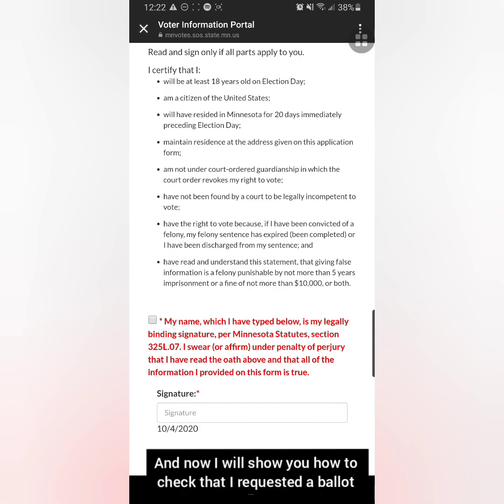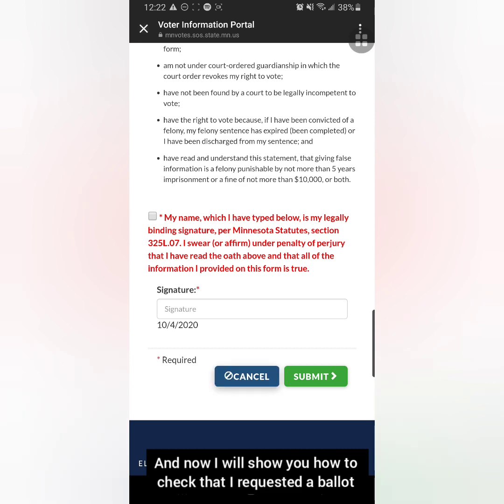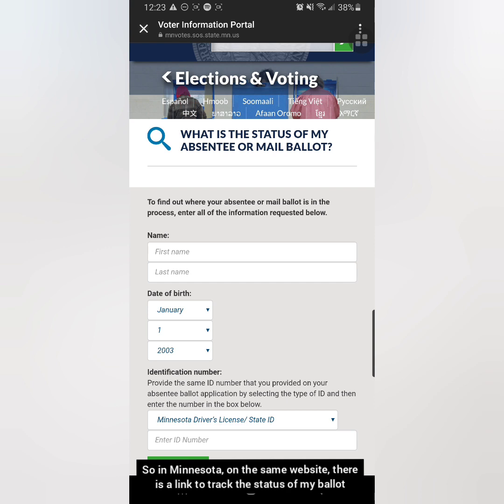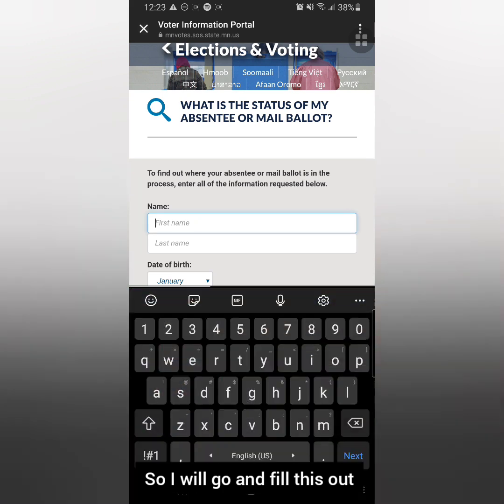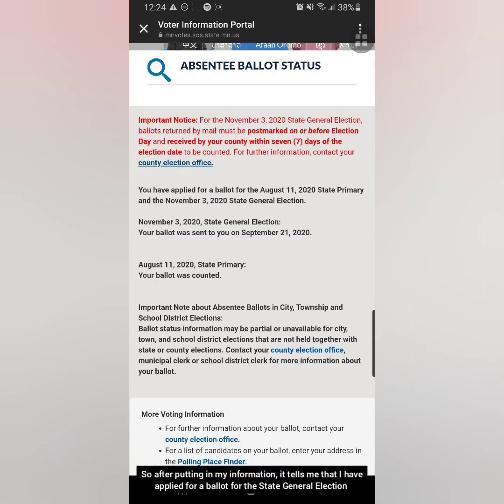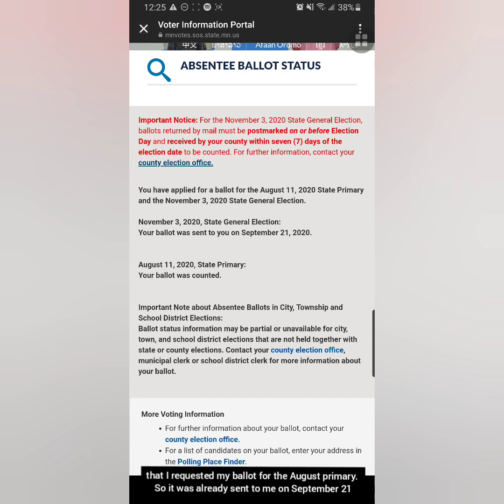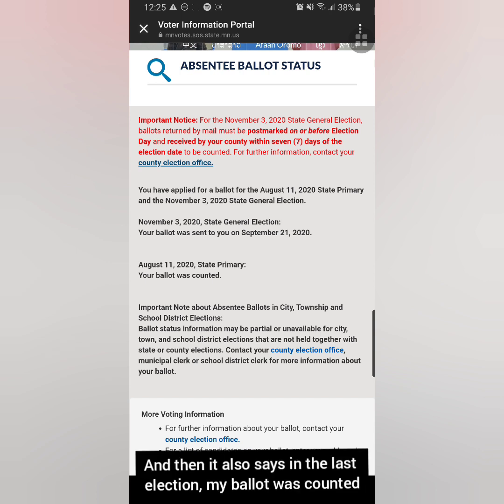And now I will show you how to check to see that I requested a ballot. So in Minnesota, on the same website, there is a link to track the status of my ballot. So I will go and fill this out. So after putting in my identification, it tells me that I have applied for a ballot for the state general election and that it was already sent to me because I requested my ballot at the same time I requested it for the August primary. So it was already sent to me on September 21st,